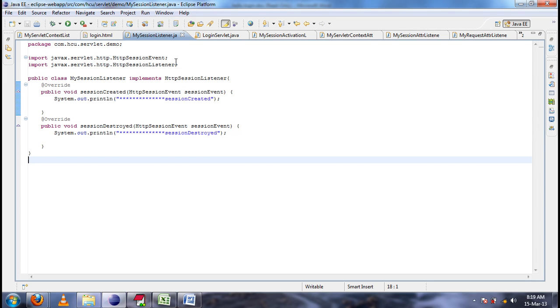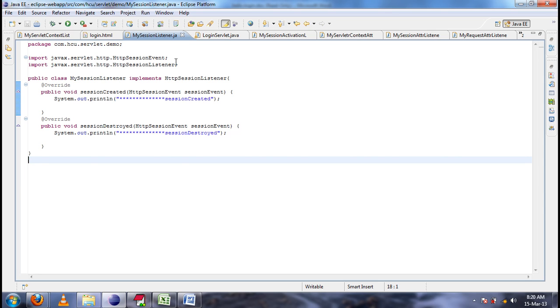Let's consider if it is a bank statement, the response will be displayed in a PDF document or Excel document. How they will be displayed means we just modify the content type. We are customizing the response so that by default the response is displayed in an HTML document, but rather than that, we display it in a new Word document or new PDF document. So to customize the request or response, we go for